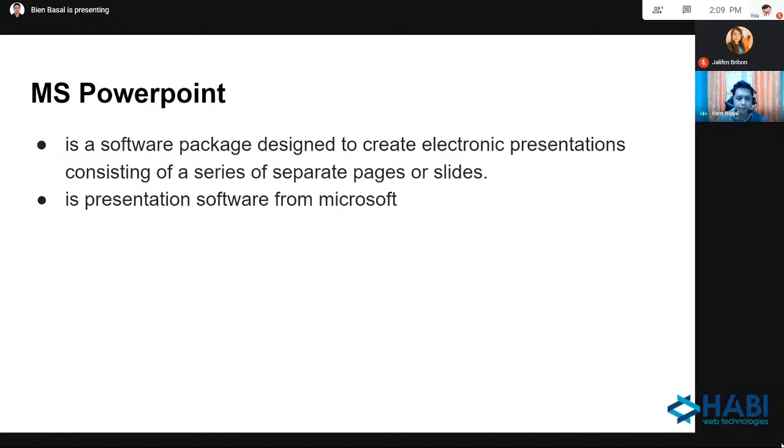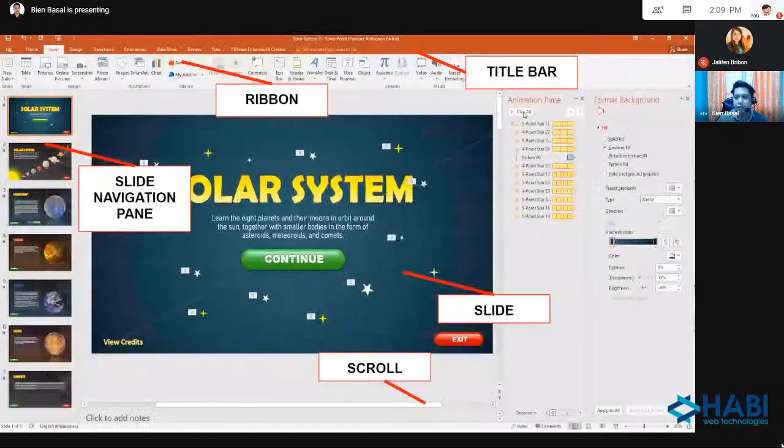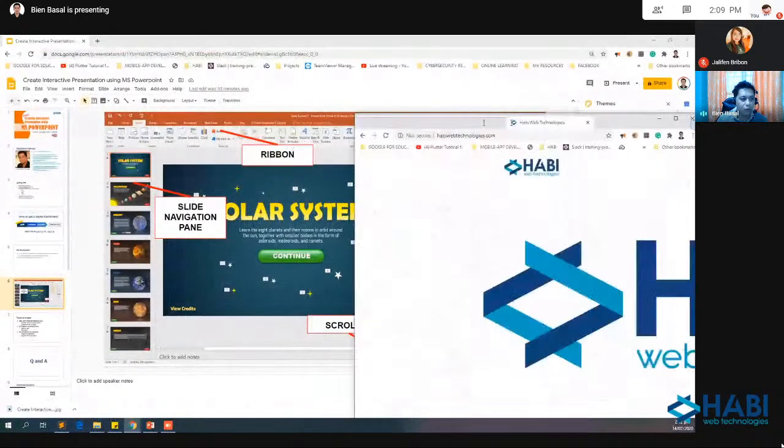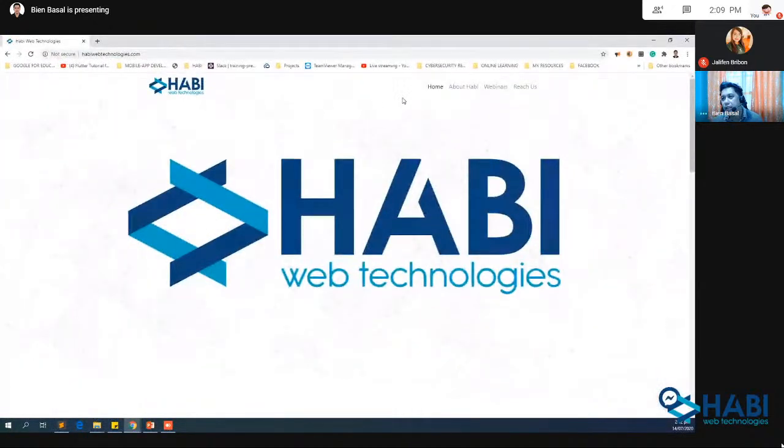Now, bago po ako mag-proceed po sa actual discussion ko muna, I believe meron po kasing ditong mga nag-follow po sa procedure ko po. Yung iba po kasi gumagamit ng dalawang device. One is yung kanilang desktop. Yung isa po yung mobile device para po pinapanood nila ako and they will follow. Meron po ako sa inyong ipapa-download po na resources na kailangan po natin. Now, I want you to visit our website po, yung Habi Web Technologies website.